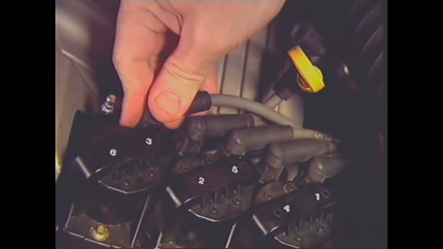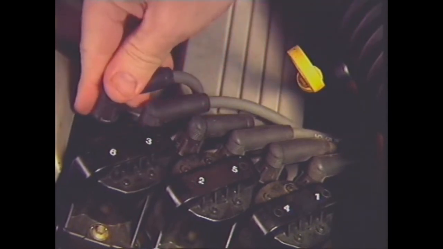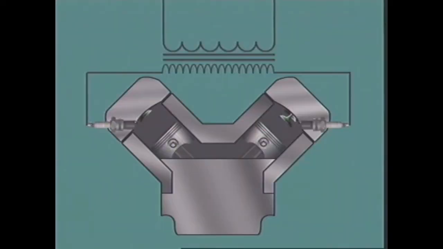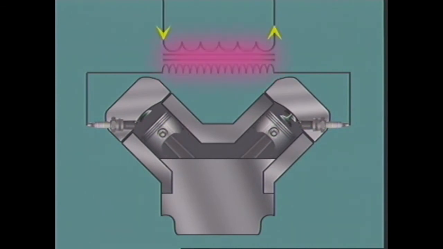Each ignition coil serves 2 cylinders, with each end of the secondary winding attached by a high-tension lead to a spark plug. These 2 plugs are on companion cylinders, that is, cylinders where the pistons reach top dead center at the same time. The cylinder on compression stroke is said to be the event cylinder, and the cylinder on the exhaust stroke